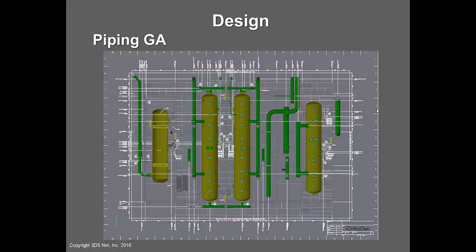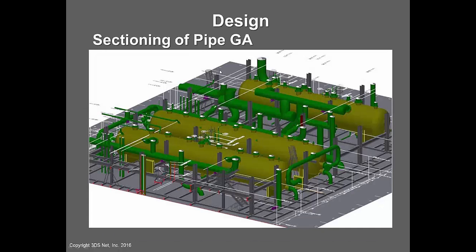This is a good example here. It's a piping GA, looking at it from the top. Colors could have been a lot better, but it was the function we were after. So we got all the line numbers labeled. We got the instruments tagged on the inside, equipment labeled. Column grids are all automatic. But you look at it from the top in the 3D PDF viewer, then you can rotate it around, and